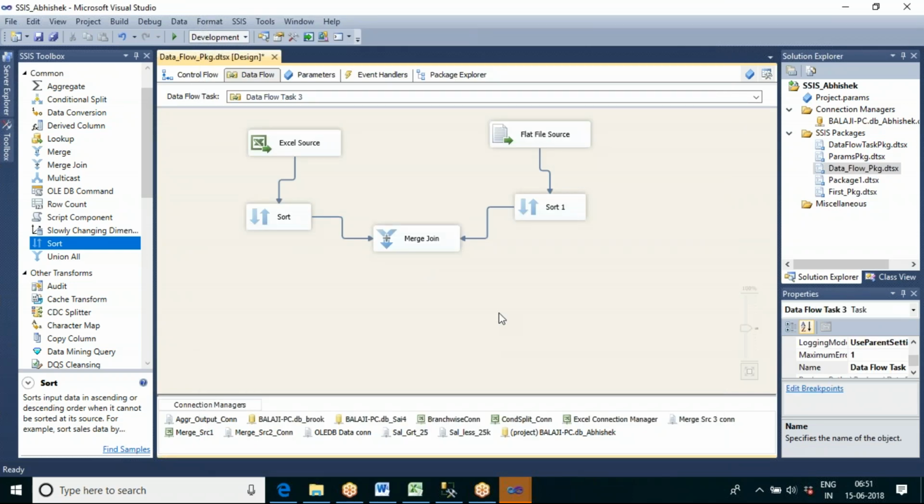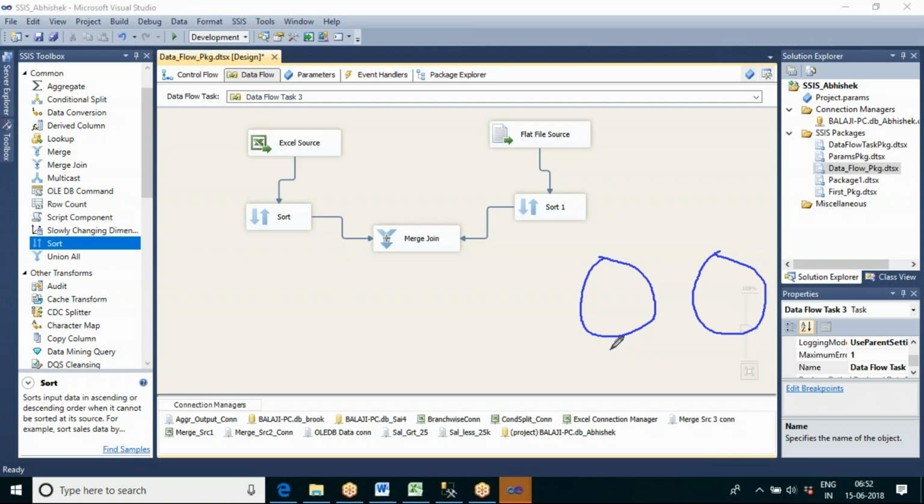Now, what will the inner join do? First of all, it will show you only the matching records. It will include only the matching records in the output. I think some of the guys are good in SQL and some of the guys are learning SQL, so that's why I'm explaining this one.